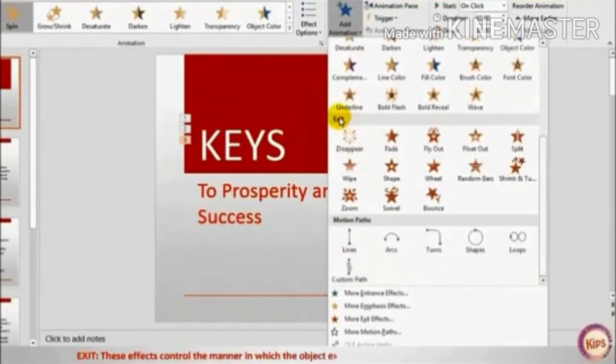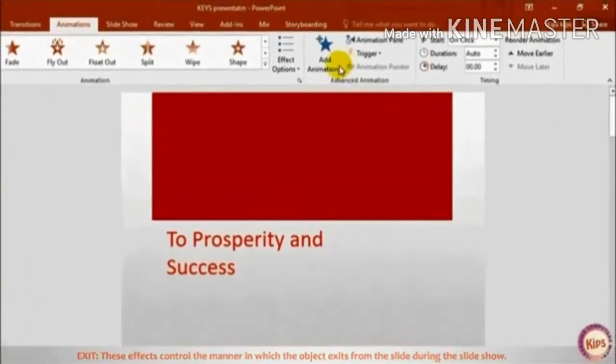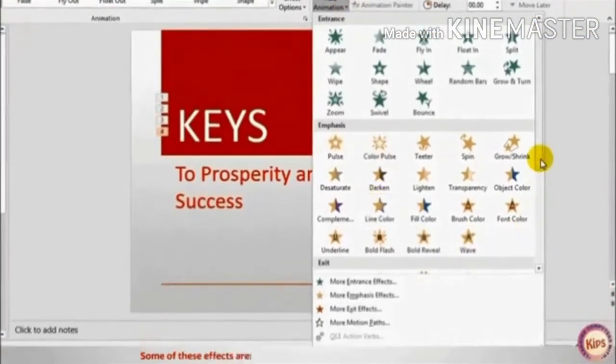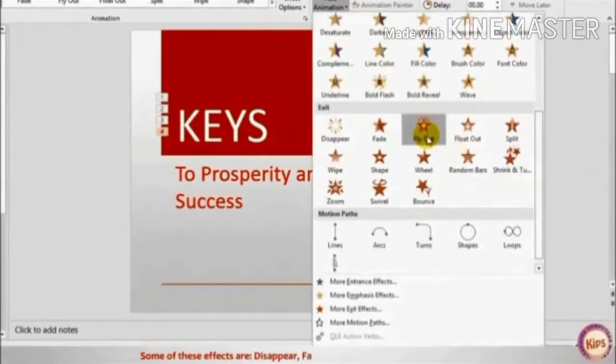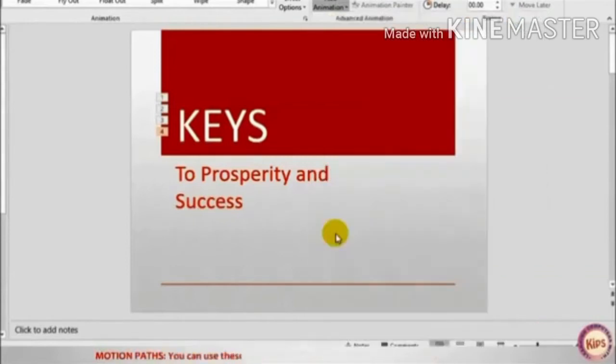The third one is exit. These effects control the manner in which the object exits from the slide during the slideshow. So we have learned entrance, exit, and other things. Some of these effects are disappear, fade, fly out, float out, split, etc.